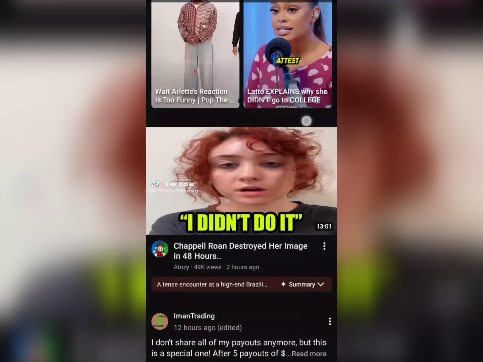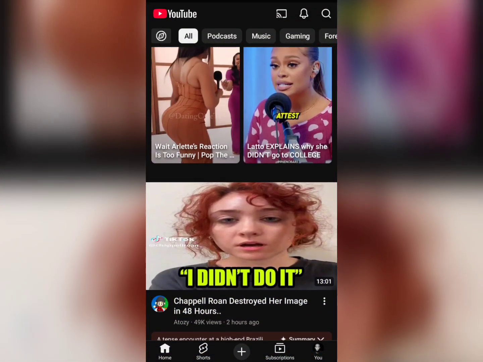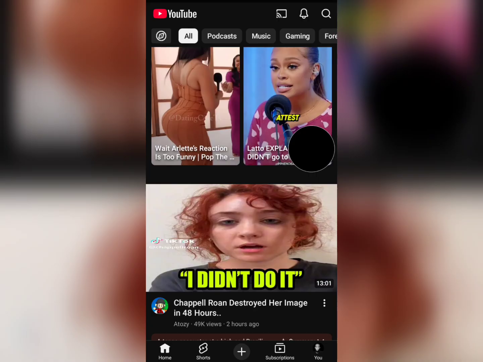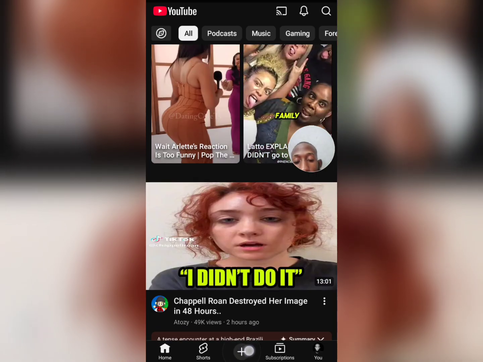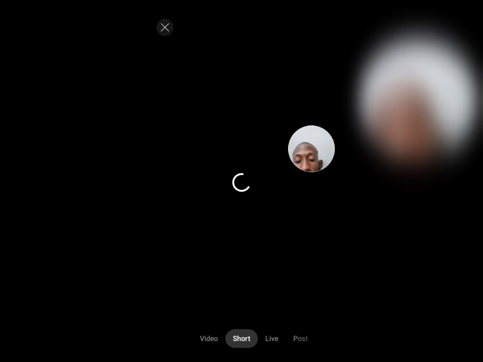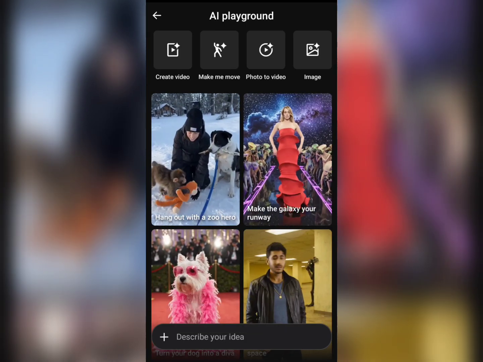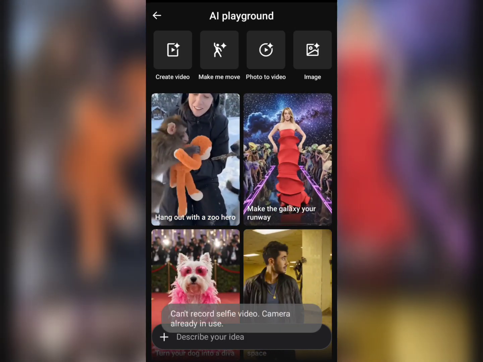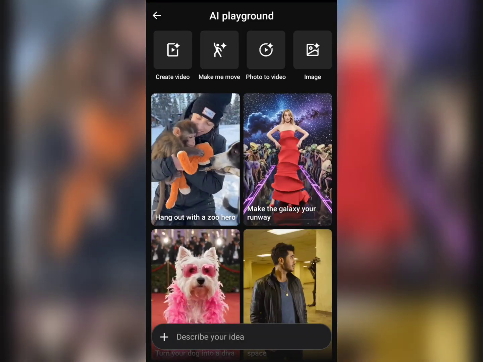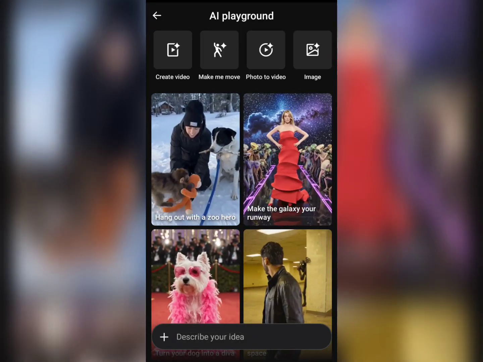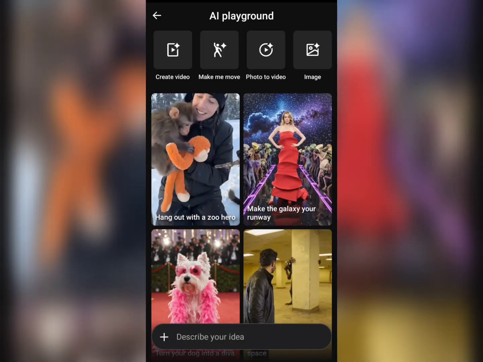Free AI tool which you can use on YouTube. I'm pretty much going to show you guys. So all you have to do is tap on the plus icon here. Once you do, you can tap on the star icon here, and you'll be able to see the home screen, or what I'd say, the AI generated section of the AI tool